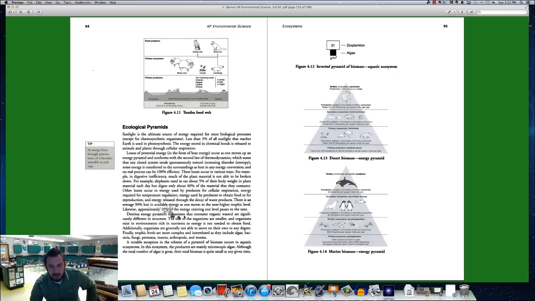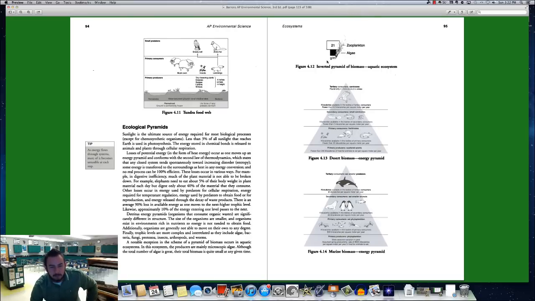Detritus energy pyramids of organisms are significantly different in structure. The size of the organisms are smaller, and organisms exist in environments rich in nutrients, so energy is not needed to obtain food. So if we're looking at just literally a pyramid of smaller organisms or decomposers, it looks a little bit different. Notable exception, the scheme of the pyramid of biomass occurs in aquatic ecosystems. In this ecosystem, the producers are mainly microscopic algae. Although the number of algae is great, their biomass is quite small. So actually, theirs looks almost like an upside down pyramid,